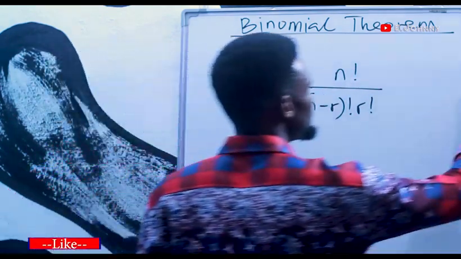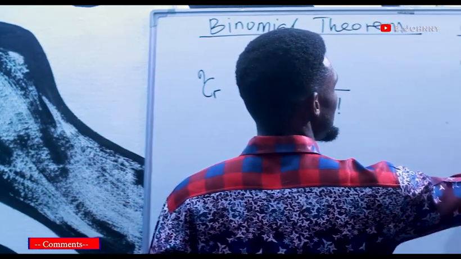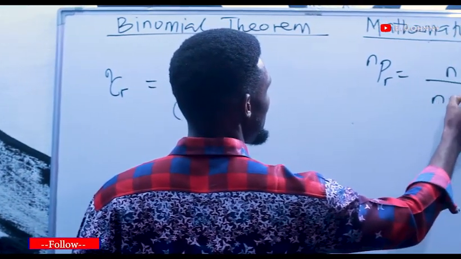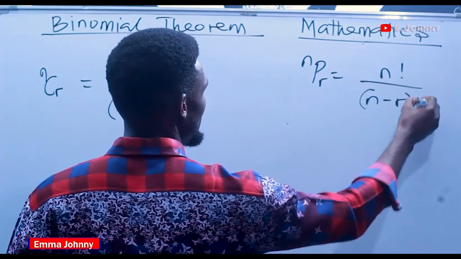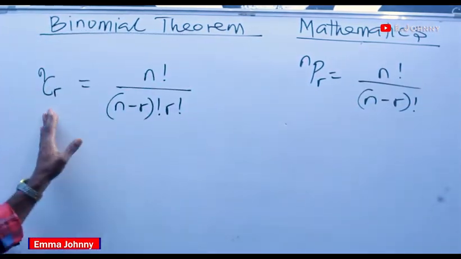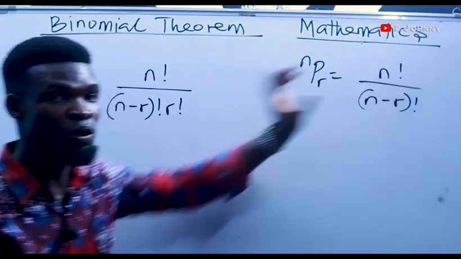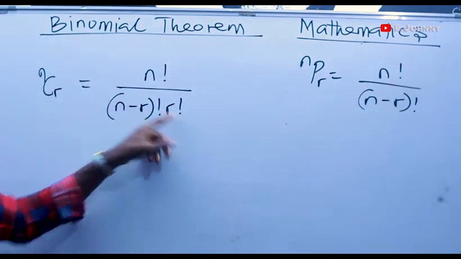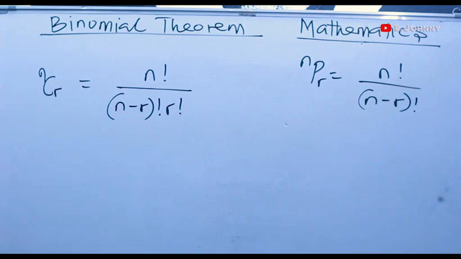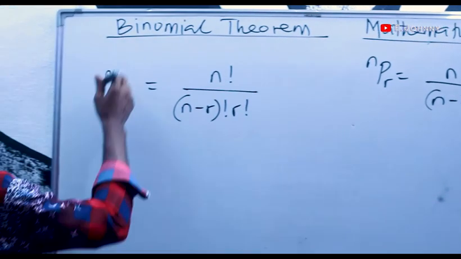Of course, that of permutation, n permutation R, is n factorial over n minus R factorial. So the difference is just that, at the end of the day, this is the same thing as this, but the difference is this R factorial added to combination. Okay, how do we make use of this? If I have